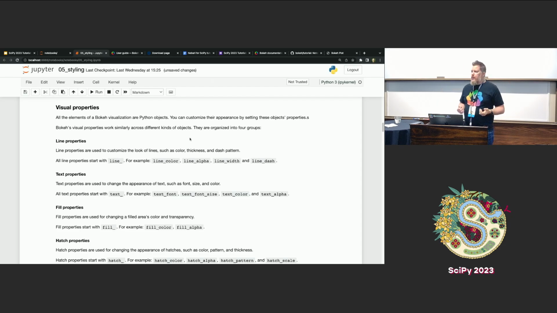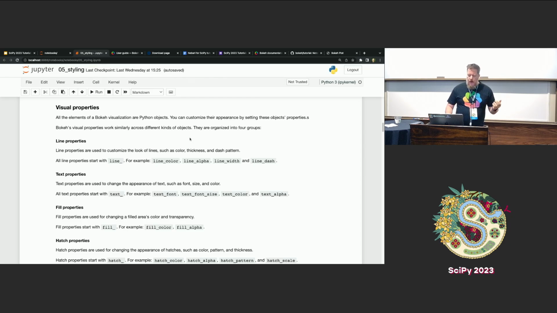So, a pretty common thing to want to draw is lines for visualizations. Lines have a lot of properties. Obviously, they can have a color. They can have an alpha value for transparency, a line width, line dashing. There's actually more than are shown here. There are properties for line joins and other ways to fine-grain tune lines, but those